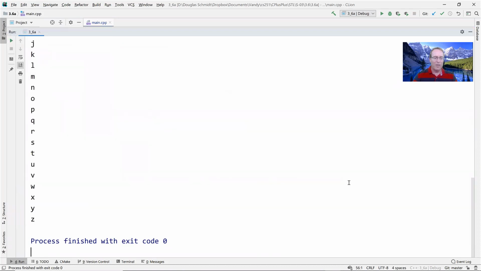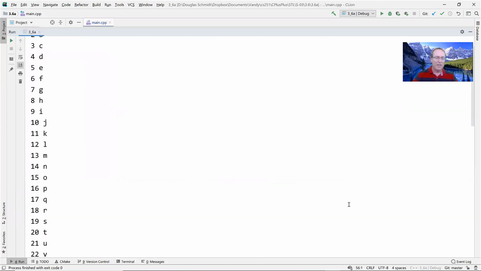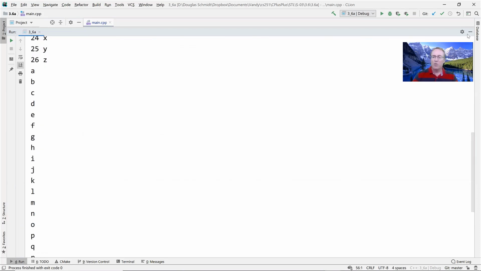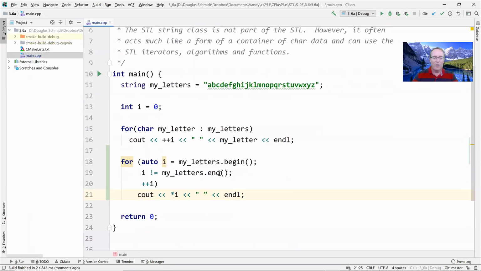Yes. So we are ending up here with the letters printed out. The one thing we lose is we don't have the number, but that's okay. So that was just illustrating how you can use an iterator here as opposed to using the range-based for loop. For my money, in this situation, I would almost certainly go with range-based for loop, but be aware that under the hood, what range-based for loop is actually doing is it's using the iterator mechanisms that are built into C++. It's just wrapping some syntactic sugar around those mechanisms so that they look a little bit more concise and a